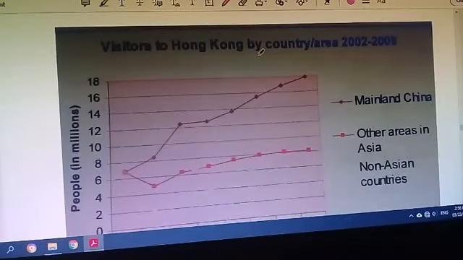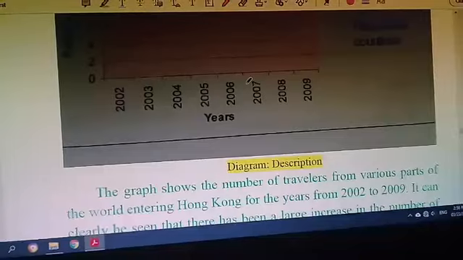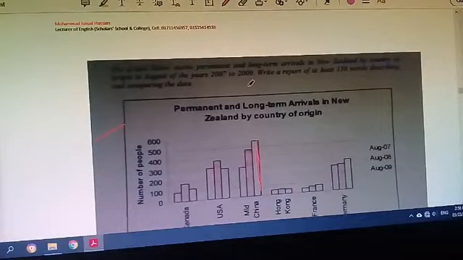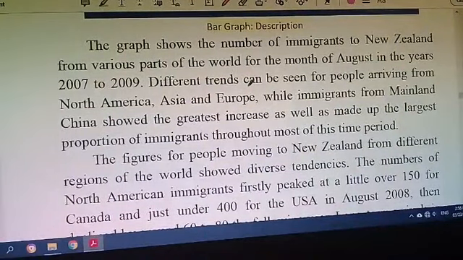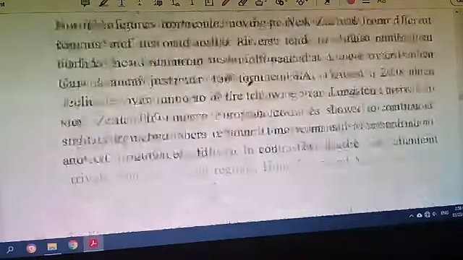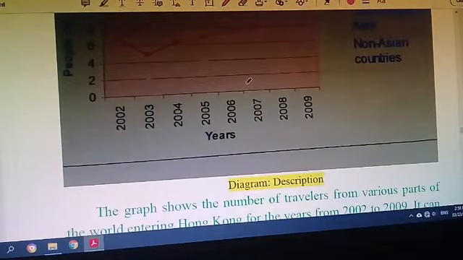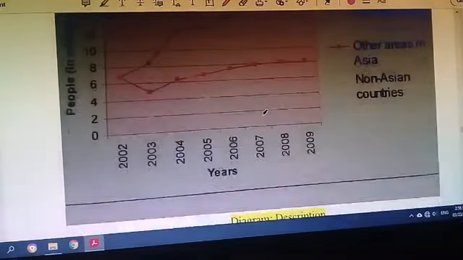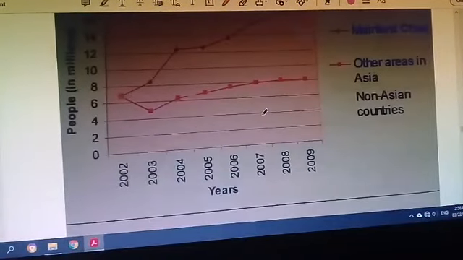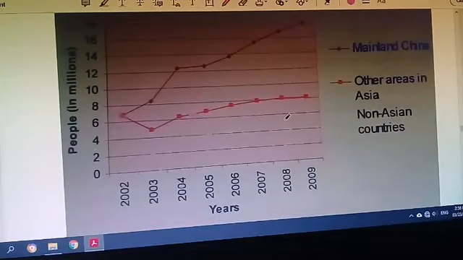Visitors to Hong Kong by country area. This is another one. It is called diagram description. You can see here it is a diagram. And I think this way,